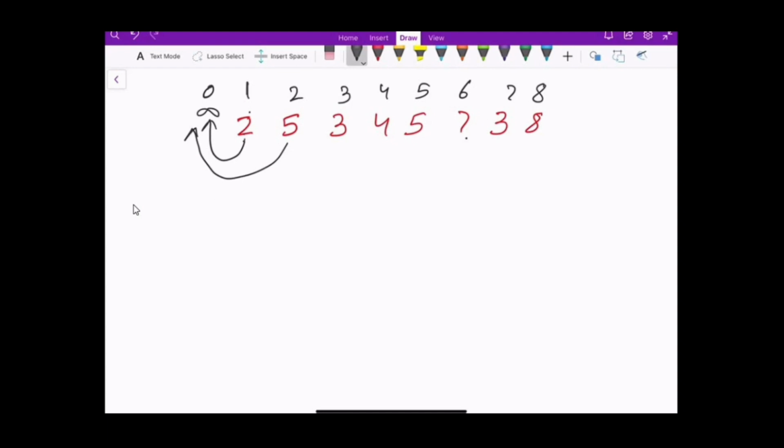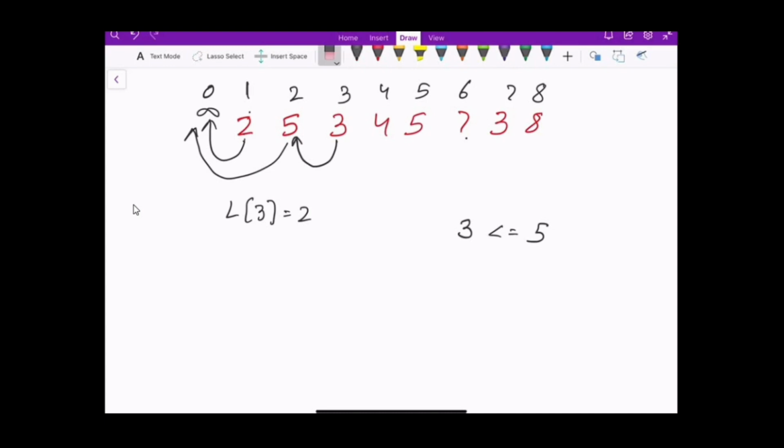So now consider this element 3. So we'll assign L of 3 to 2. And now we will check: if 2 is actually greater than the element at index 3, which is 3, then it should actually be smaller. So we need to find the element less than or equal to the element at this pointer, which is actually 2. So at index 2, we have element 5. So this condition is true. So we'll keep this pointer at 5.